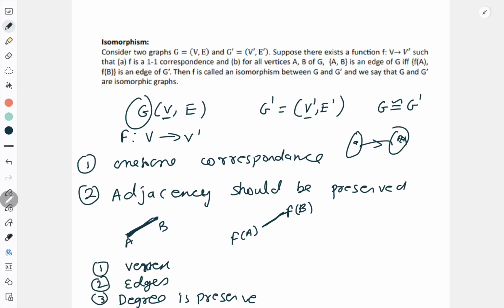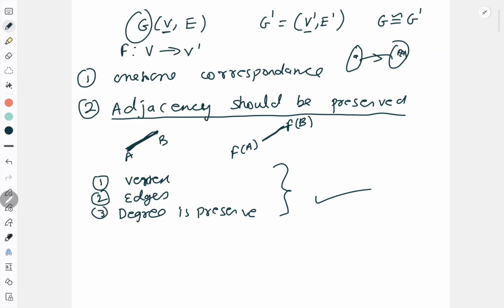Now if two graphs are isomorphic, these conditions will be there 100% sure. But they are not sufficient to prove that they are isomorphic. So when I start proving isomorphism, I will check these three conditions, but just based on that, I cannot declare they are isomorphic, because this point is very, very important. Yes, but when they say show that the graphs are not isomorphic, that time I should search for a contradiction from these three. Okay, so these are necessary conditions, but they are not sufficient.